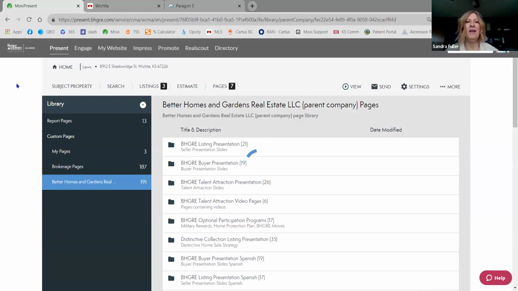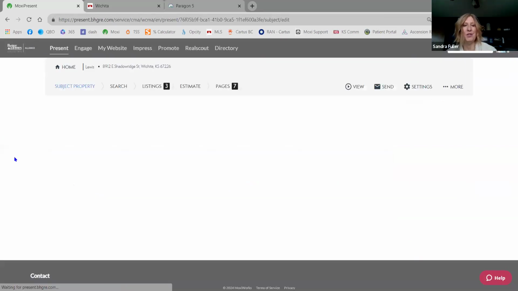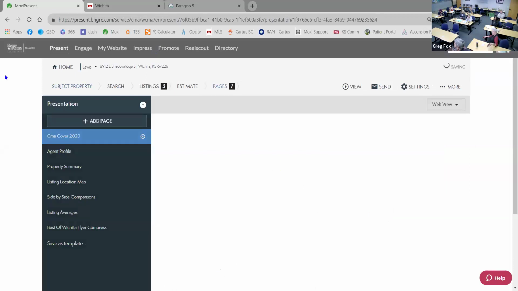I have a love-hate relationship with that page. It's kind of cool that it gives you the average on the square footage and on the sale price, but it could be really skewed too. So if you leave the page in there, then it's like, okay, where did